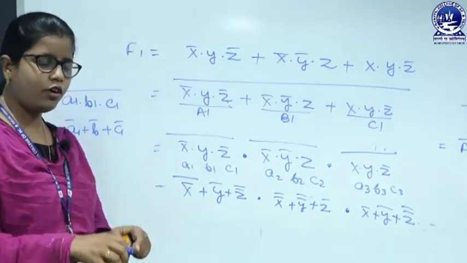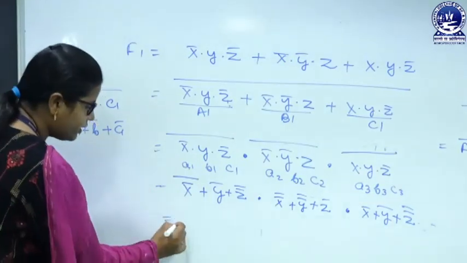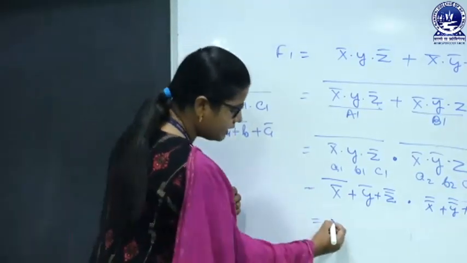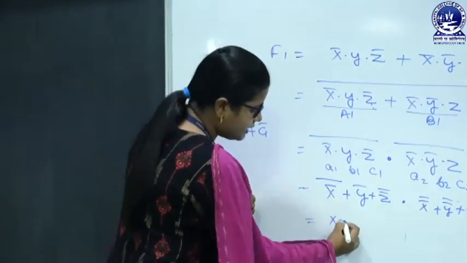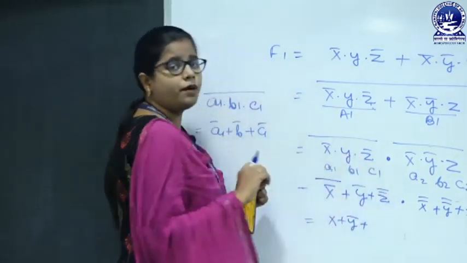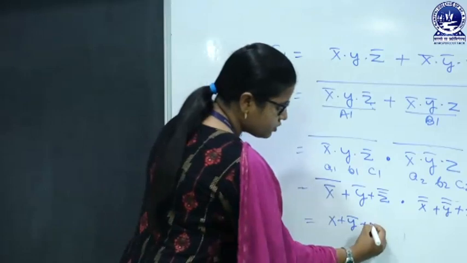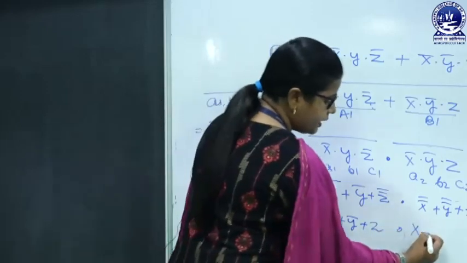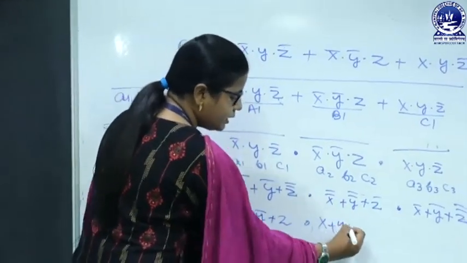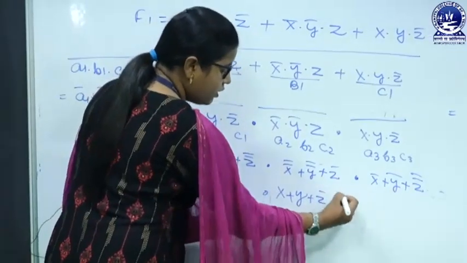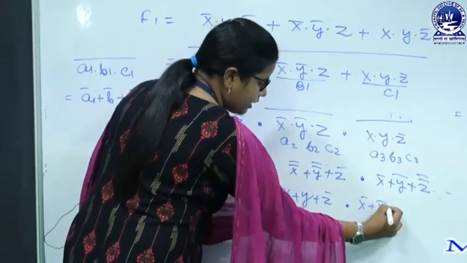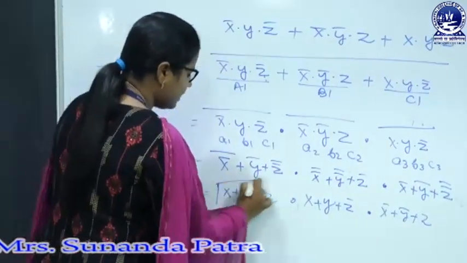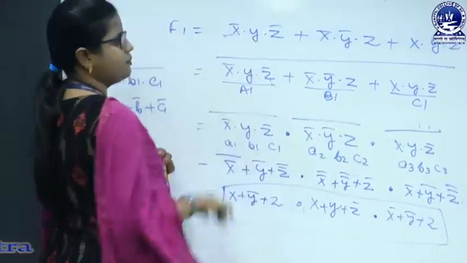And once we go for simplifying this, what will we get? X double complement is the same variable, so we get X plus Y complement plus the double complement of Z, which equals Z. So here is the Z. That X double complement will be X, plus Y double complement will be Y, plus Z complement. Now here X complement plus Y complement plus Z's double complement is equivalent to Z. So this is the complement of this.